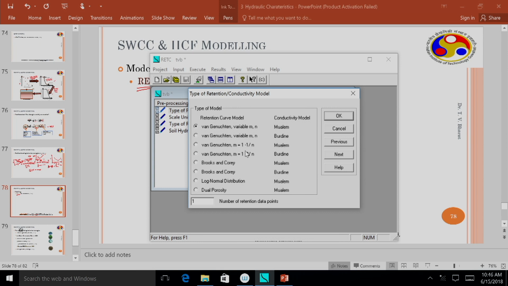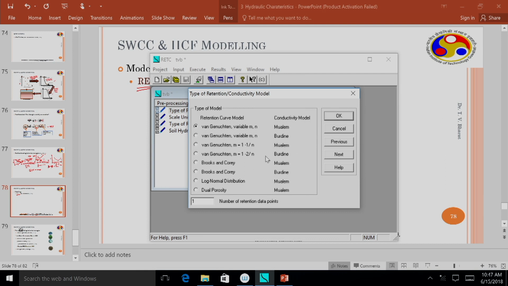So you have Van Genuchten model, m equals 1 minus 1 by n. This is a particular solution. So I have discussed this. When we made k equals to 0, you have a particular solution. For that, there is an analytical solution available. So corresponding analytical solution, you can choose again Mualem model.